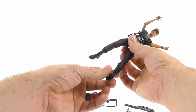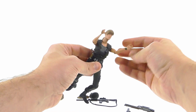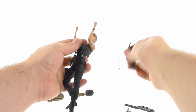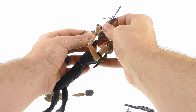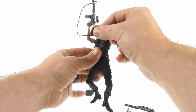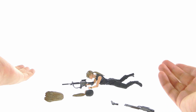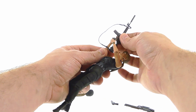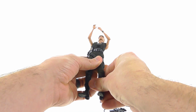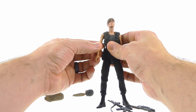I do kind of wish that she had double jointed limbs, where you can get her sitting down here. If you had a double elbow or something, you could get a much better crouched pose where she looks like she'll be taking out Miles Dyson or something like that. So it's personal preference, but I think that would have helped a lot with the overall posability options for her. Probably couldn't do it just because it would create a more ugly sculpt here for the arm,